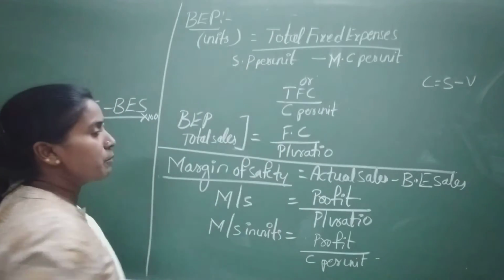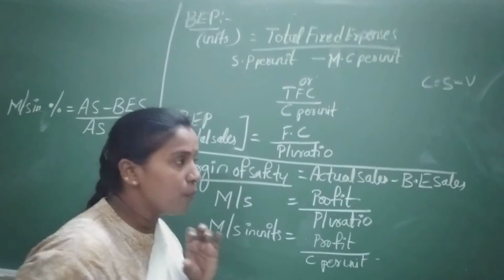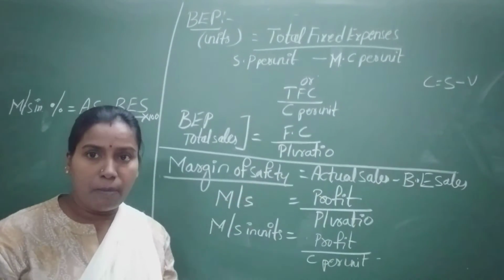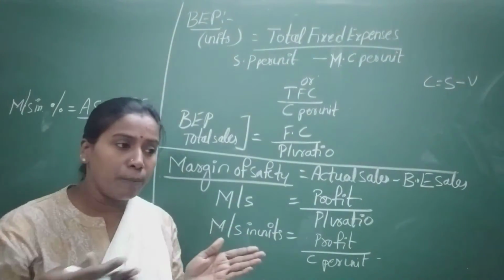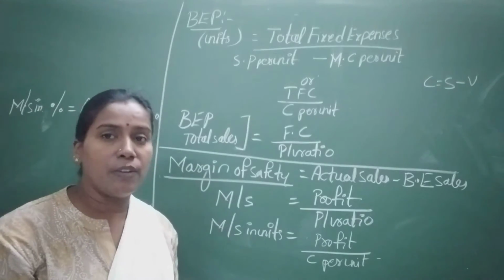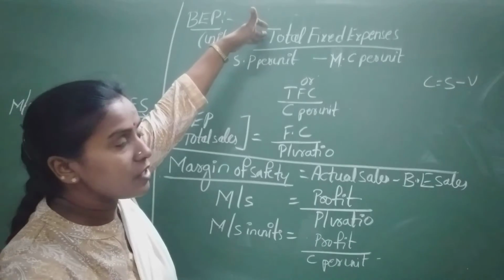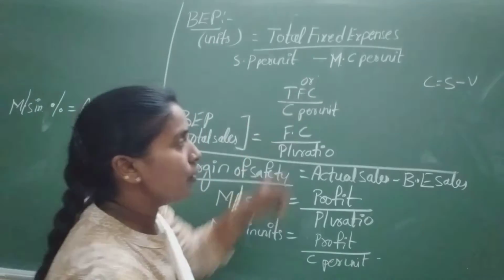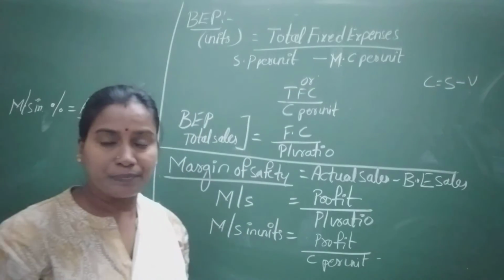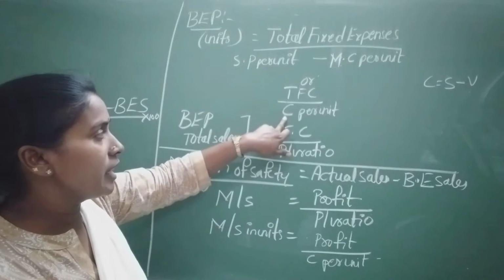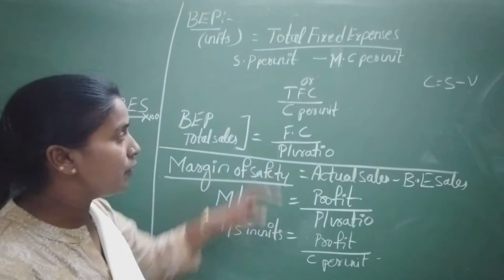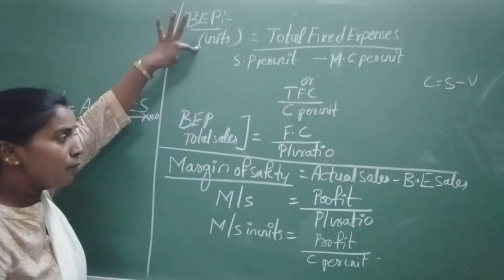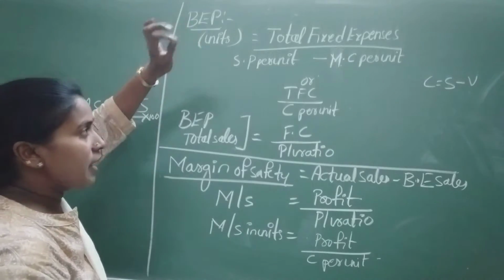Contribution. Total fixed expenses means how much worth of machine we used for producing so many units. By using this machinery and equipment for a long period, the number of hours and how many units we produced, that is considered total fixed cost. What should be the selling price per unit? What should be the variable cost per unit for manufacturing so many units? Clear? You divide, then you get the contribution per unit. If you divide total fixed expenses by contribution per unit, you get the total number of break-even units.